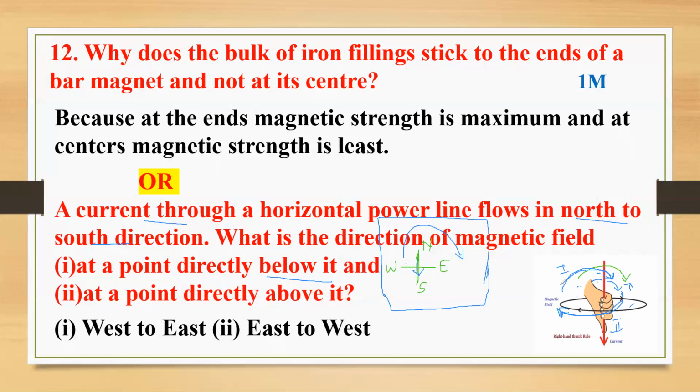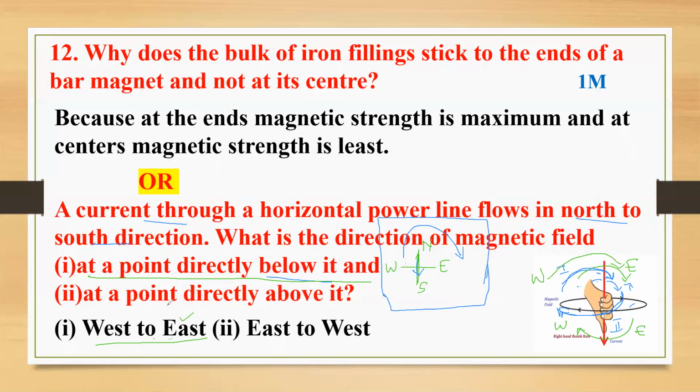In this case, a current is flowing from this to this, isn't it? So this is the west side and moving to east side. Then coming out of the plane, when you come out of the plane, you are moving in this direction. So from east to west, isn't it? East to west. You try to understand the concept and look the answer. The first case at a point directly below it is west to east. The magnetic field will move from west to east. It is the first case.